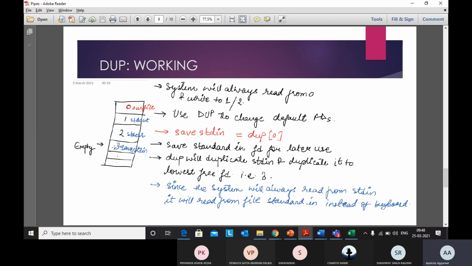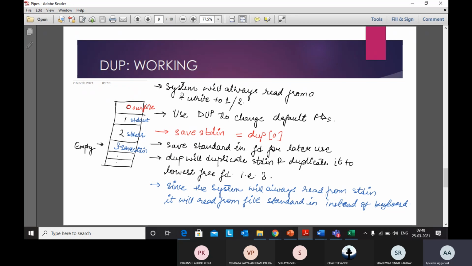So 3 will be your standard input right now, and you are assigning 0 as your new file. Now whenever the system goes to read, instead of reading from standard input, that is your keyboard, it will read from your file. So you have reassigned.